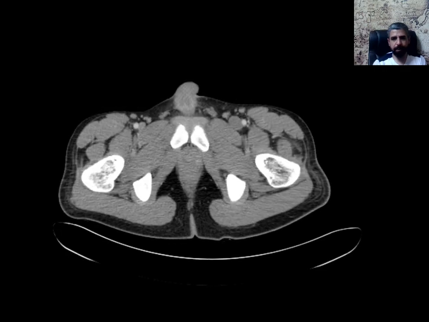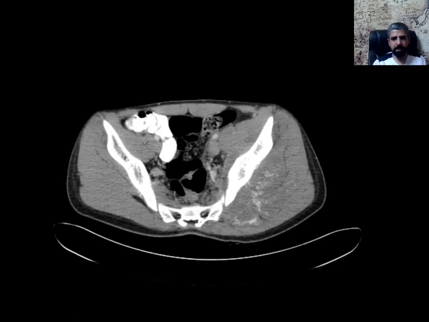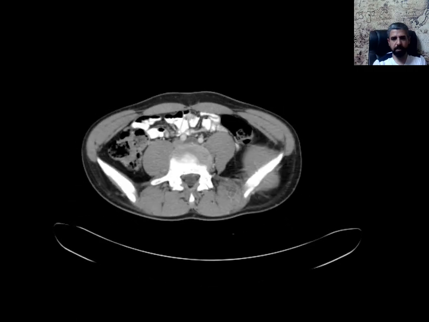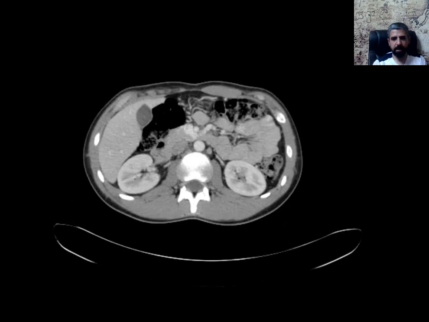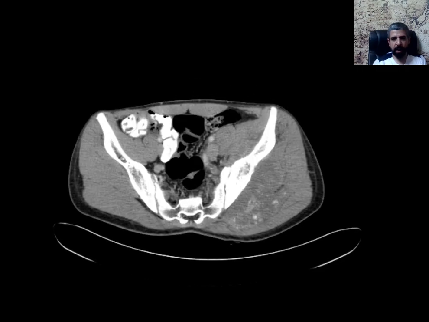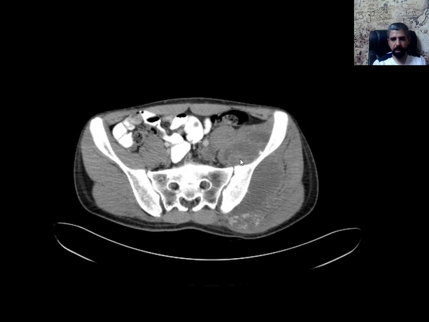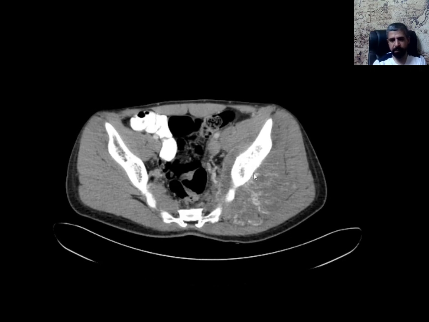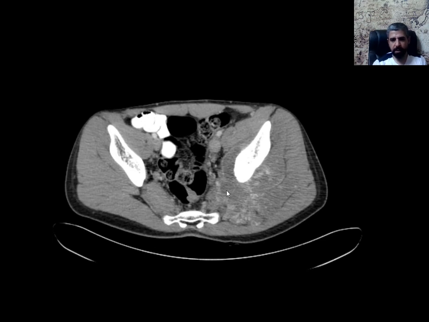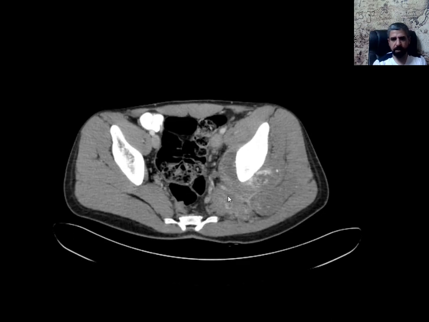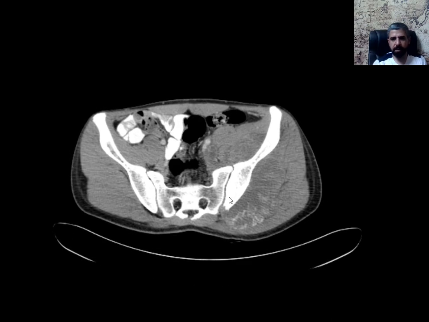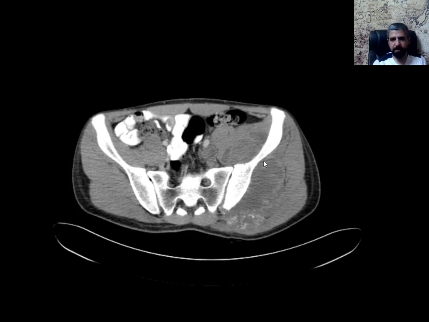You can see here, this is the abdomen and pelvis CT scan. I'm scrolling around to make you see the findings. So first of all, we have obviously a large mass here in the left iliac fossa, both at the intrapelvic and extrapelvic compartments, and it's extending from both compartments. Here you can see that the bone is not destroyed, it's invaded,